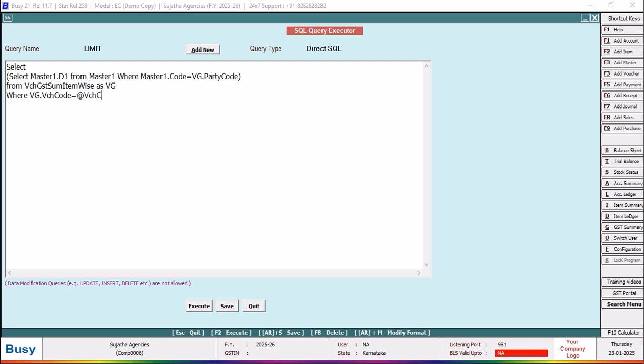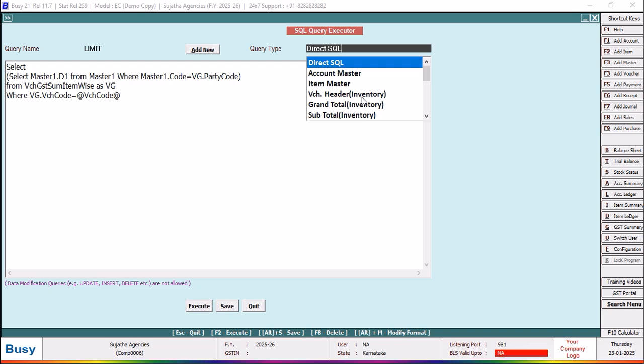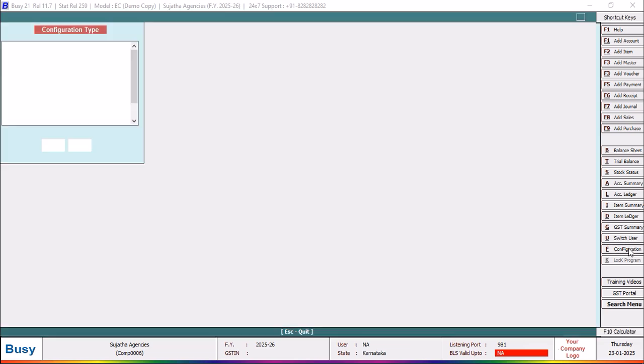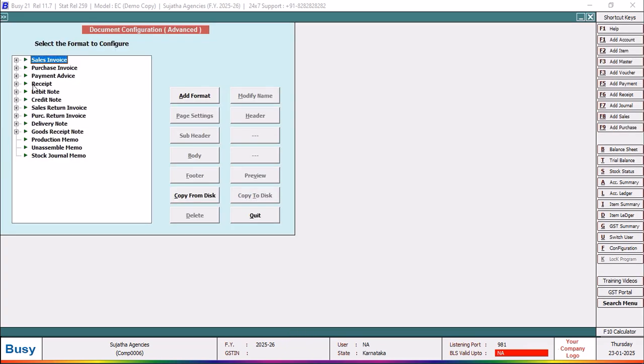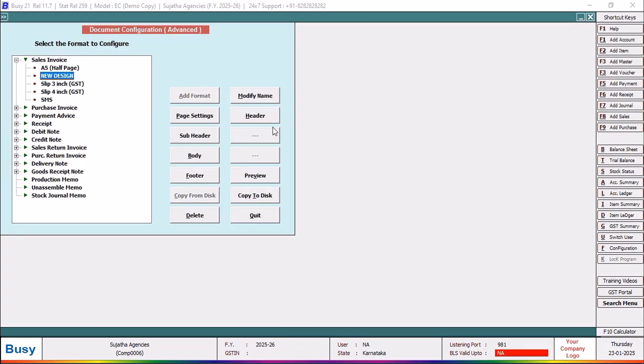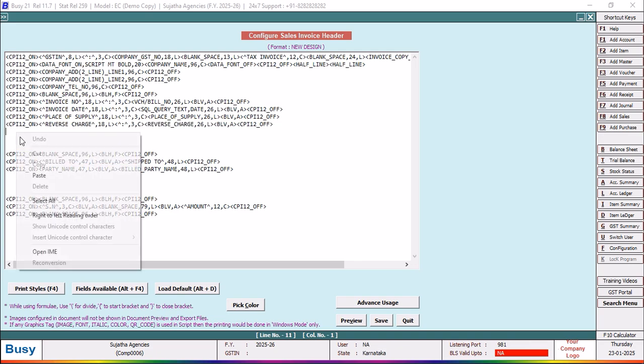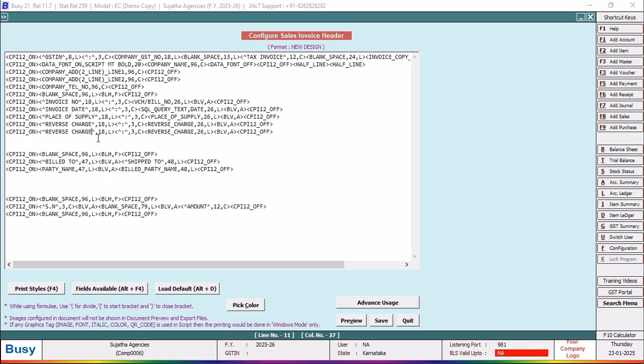Then you have to go to the tran2 table, where vg.voucher code is @voucher code. So I'm directly taking it for printing. See, for every party, automatically his credit limit will be read from the master1 table and that will be printed over there. Reverse charge, here I'm going to mention it as credit limit,